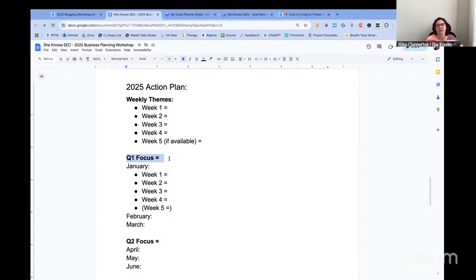So let's say if my goal is 750K per year, then maybe Q1's a really good time for me. So let's say my goal is I need to have 250K by the end of Q1. And if I only do 50K, then something is really not going to plan. I need to adjust. I don't want to wait until November to realize I'm very far off my goal. So I would love if you put in the chat what your Q1 focus is going to be.